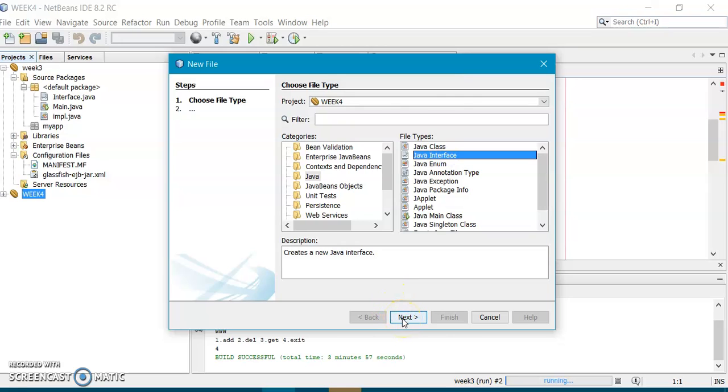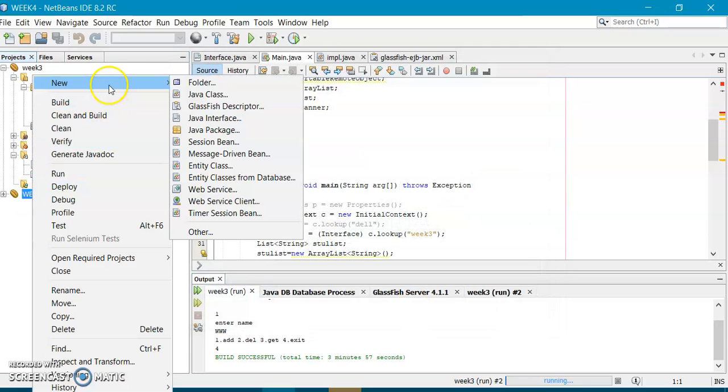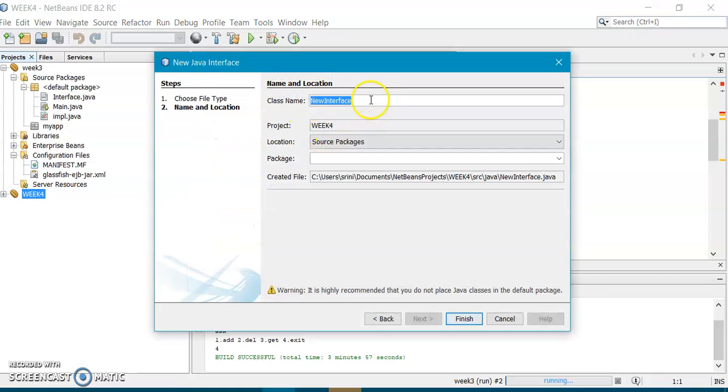Then you say next. Again I am showing, go for new and then Java interface. When you say Java interface, here you give the name of the interface. Suppose I am giving the name of the interface as INTER, and then say finish.